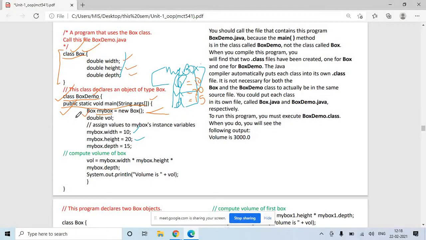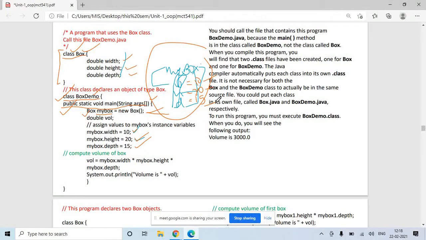If you want to use a class, you must create an object of that class. So you have created an object, say myBox. So myBox will look like this. Inside myBox you have three variables. You want to provide values to those three variables, so by initializing them, you have given values to those variables.